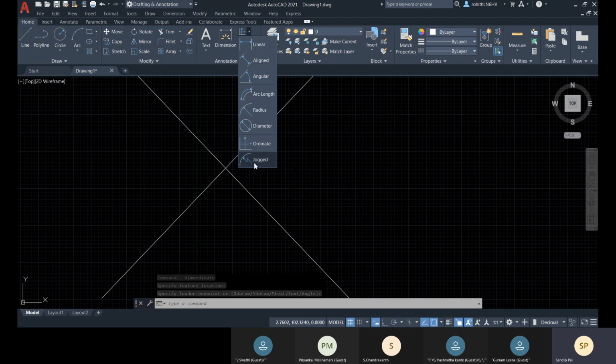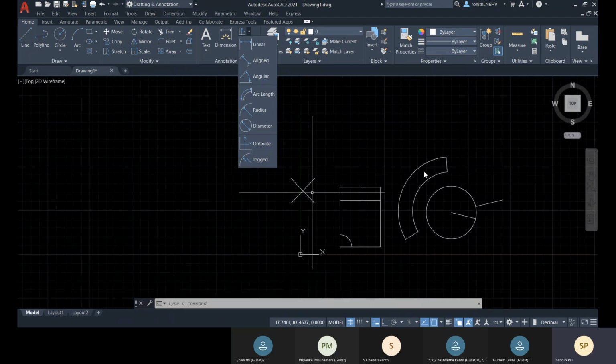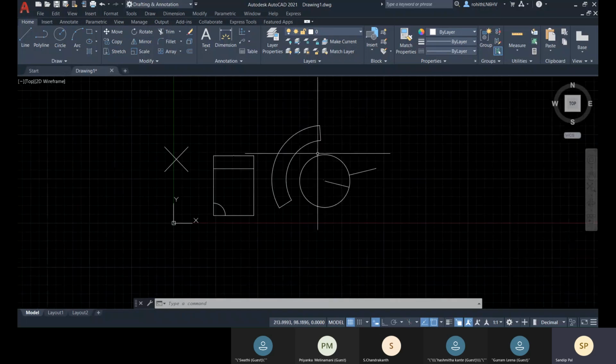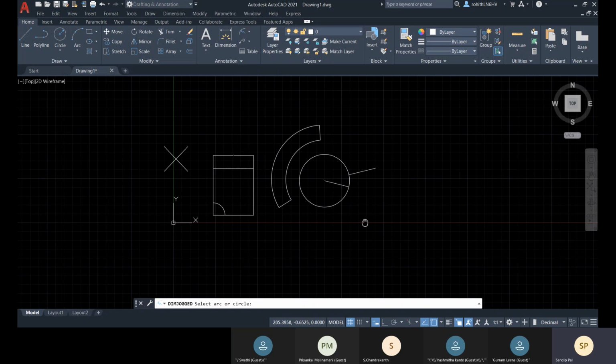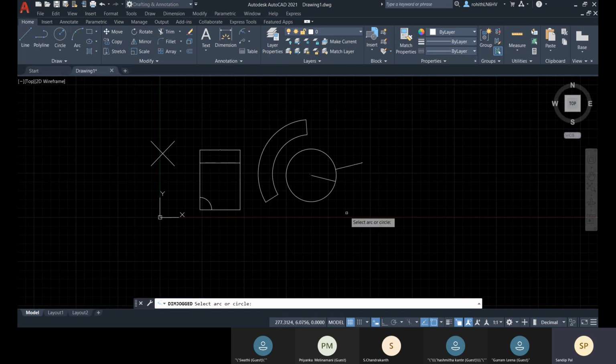So this one is for any arc length or radius. When we place this jog dimension, we place it when we don't know about the center or we don't want to locate the center. We don't want to specify the center. We don't want to highlight the center.